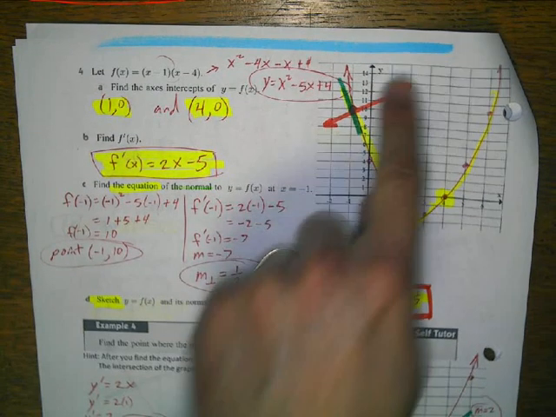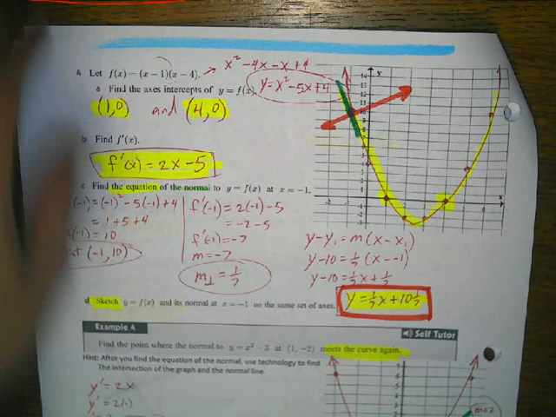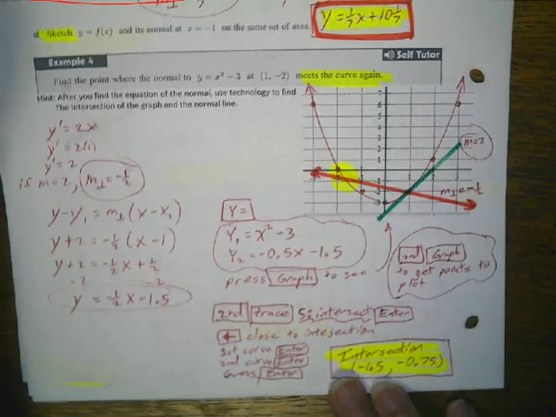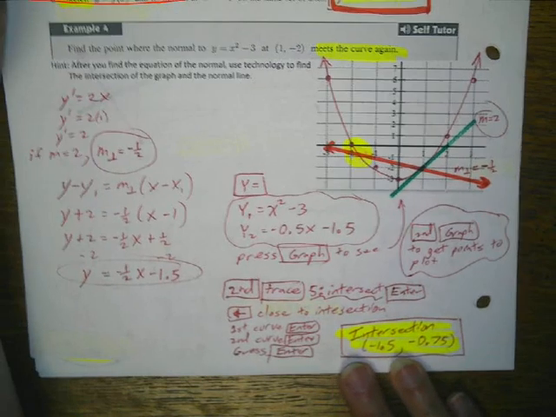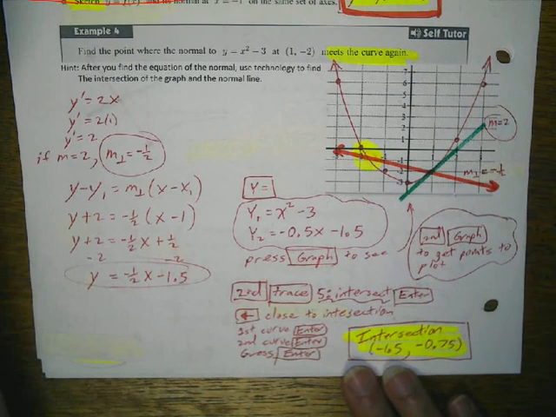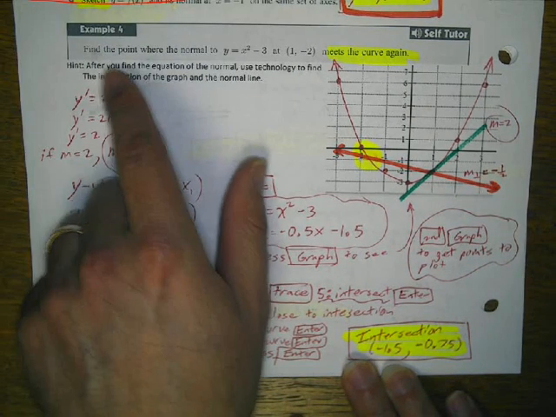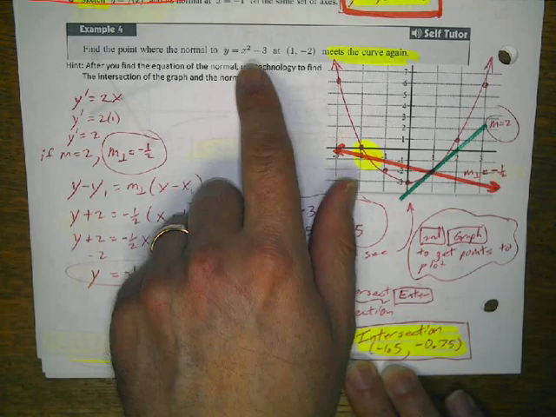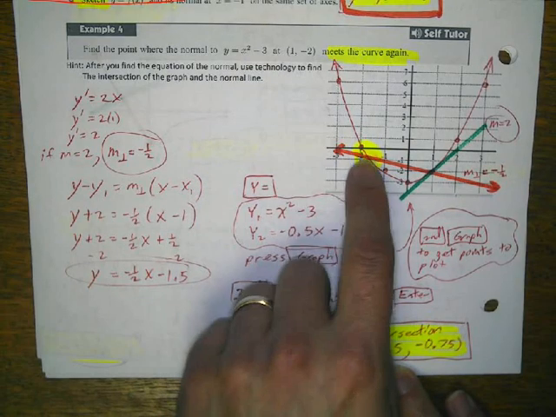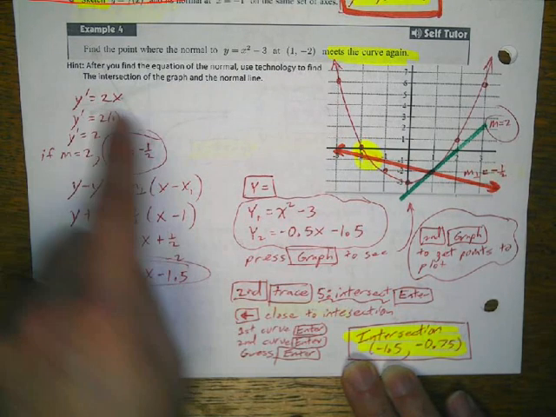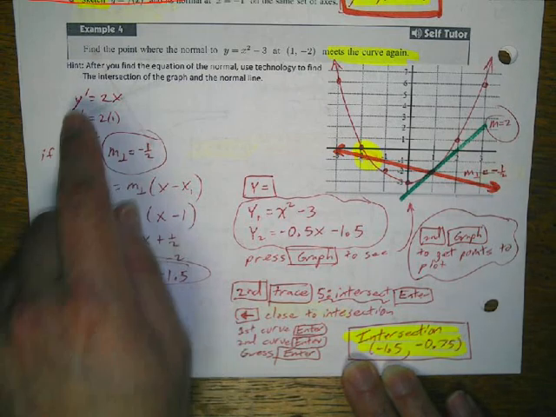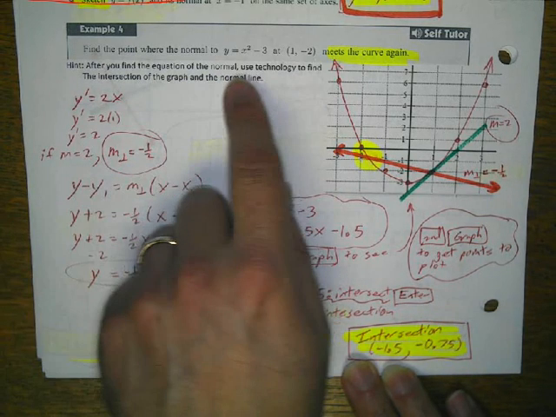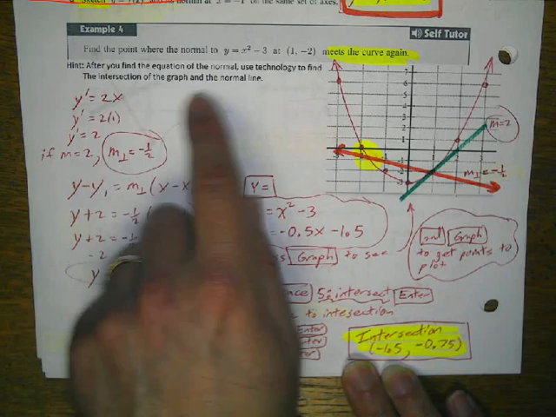This line here in red. Okay, so the point where the normal at this meets the curve again. So what did we do here? So hint, after you find the equation of the normal, use technology to find the intersection of the graph of